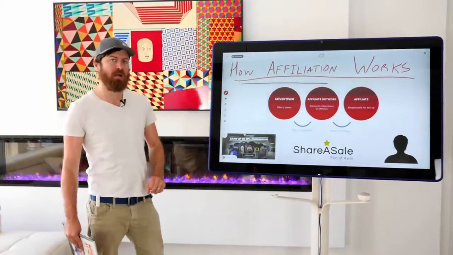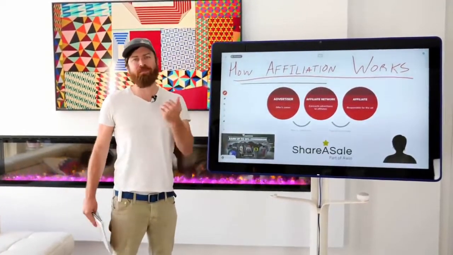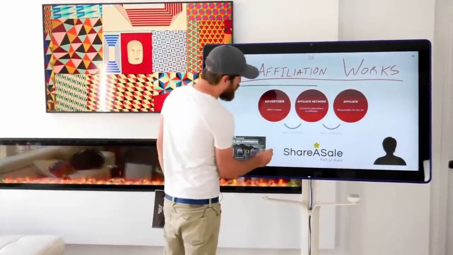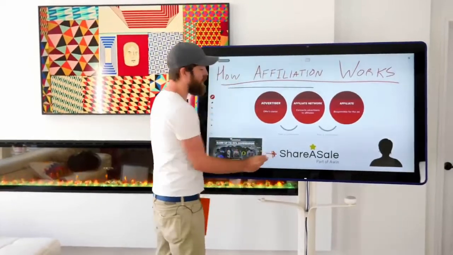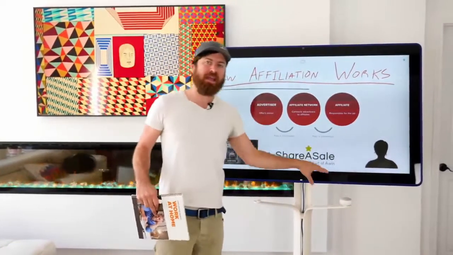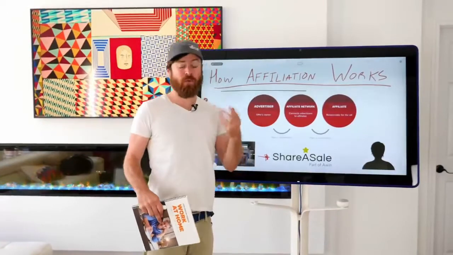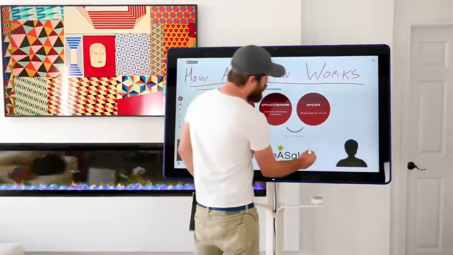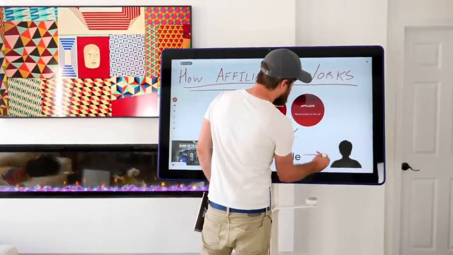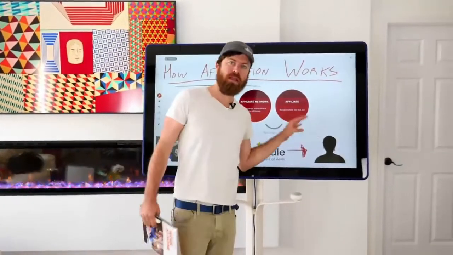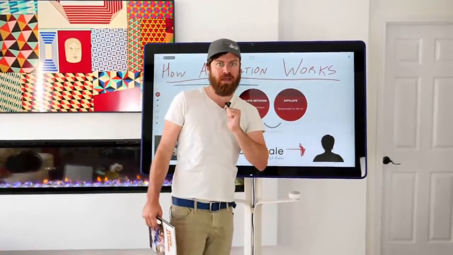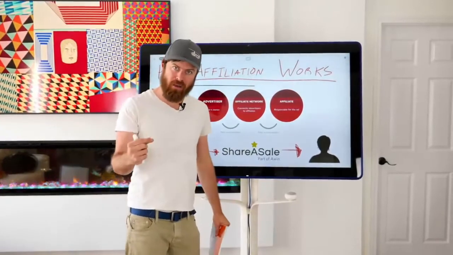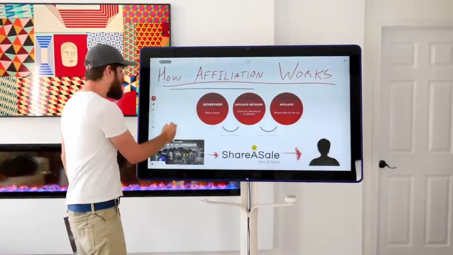Now, the way affiliation works, for those of you that don't know, is there are companies like myself or like Fanatics.com that say, hey, we're willing to pay people to market us. Now, they talk to what's called an affiliate network, such as ShareASale or Digistore in our case, and they say, hey, can you set up the technology so that people can market our products and get paid? And ShareASale says, sure. And they set everything up technology-wise, and they look for affiliates like you or like me to say, will you post links about our product online? And we will pay you money, okay?